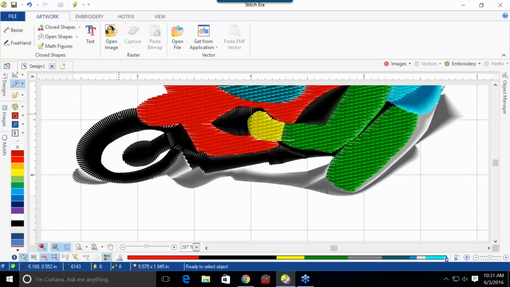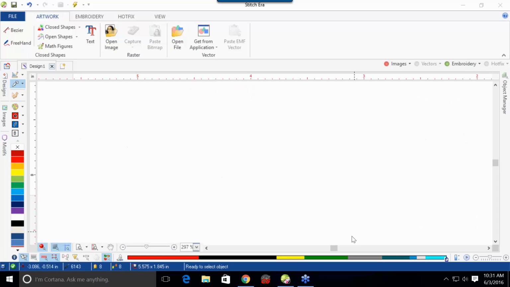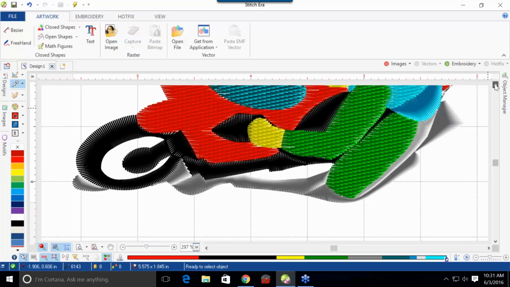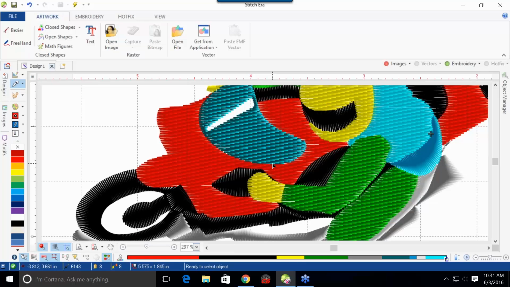You want to make your design look as if it is 3D. You want it to be able to pop out at you. You don't want all your stitching to be the same direction. That gets a little boring. You want it to be different directions so that you can have it pop out at you. Plus, it can be the same color, and the way the light hits it, it could change the look of the whole design. So, for example, if you notice the motorcycle, the body of the motorcycle, everything runs left and right. I want it to run at a